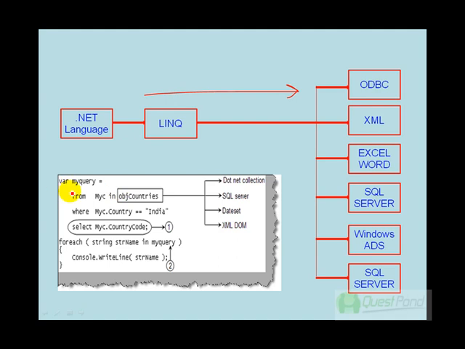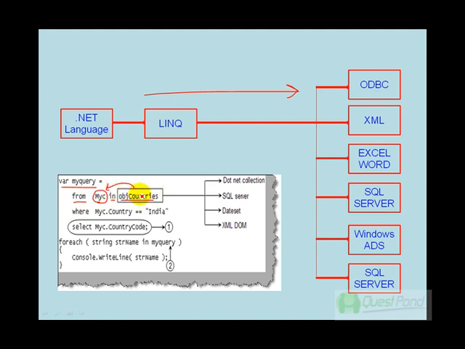So basically, how do you write a LINQ query? It's not like a select query, so it's a bit different. You define a variable like my query or something. This will be used to build the query. Then you say, okay, from MYC. Now this is your temporary variable. In OBJ countries. So what it is trying to say is that please from OBJ countries fetch data into